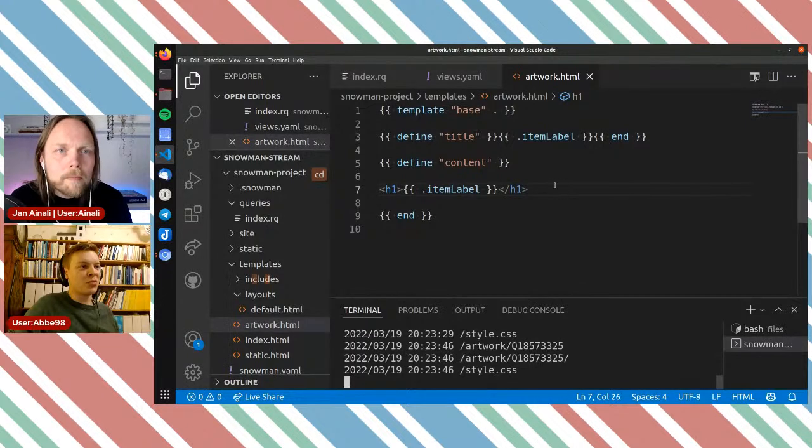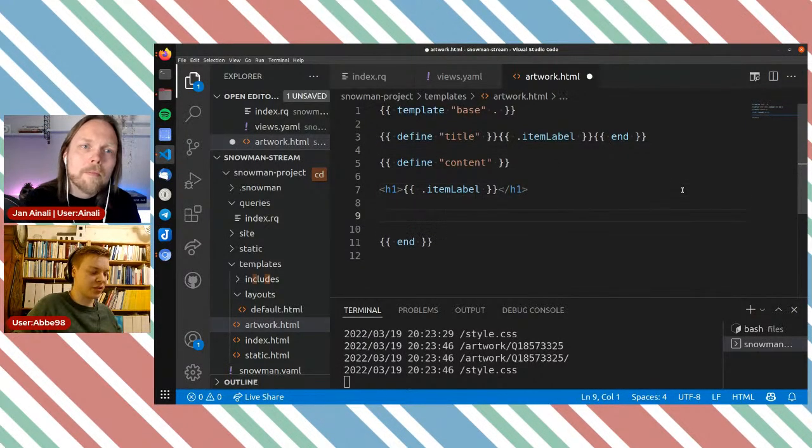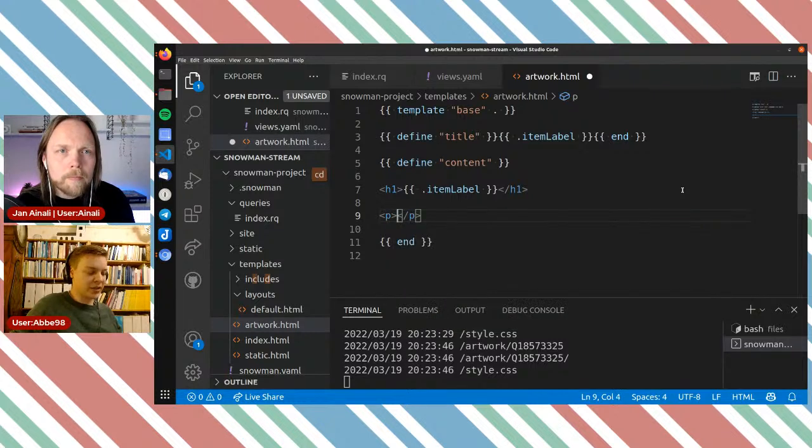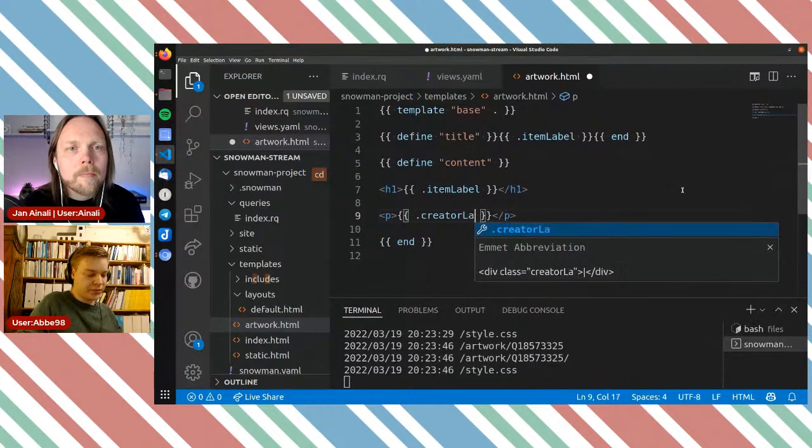But we can, of course, do more than that. We can access the author. So let's write a bit of a sentence here. We can, for example, need the name of the creator here. So that would be creator label.